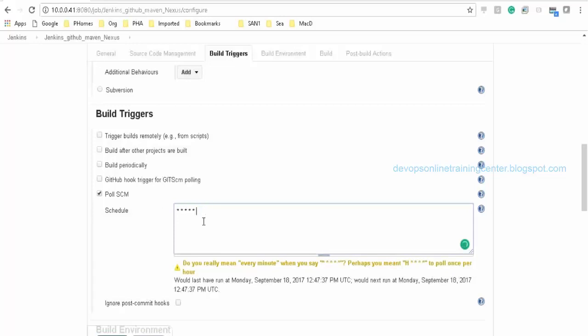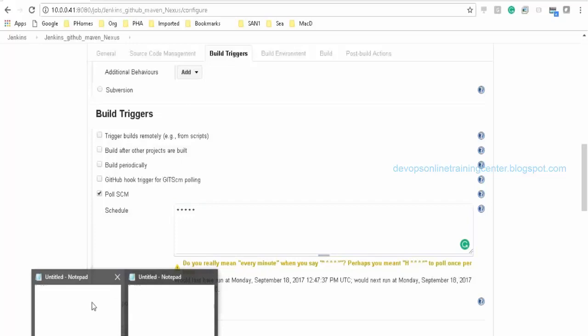This is for when you want to execute the job. You want to poll for it every day, every minute, something like that. All stars indicate that this will run every minute.